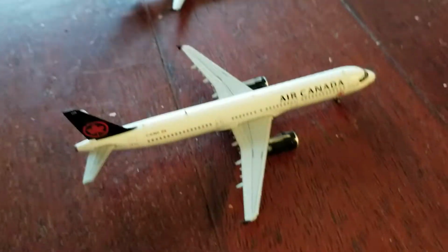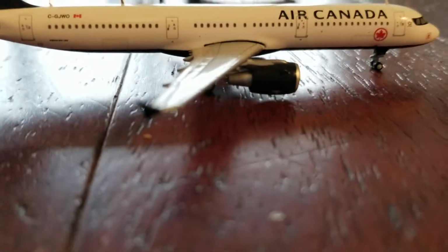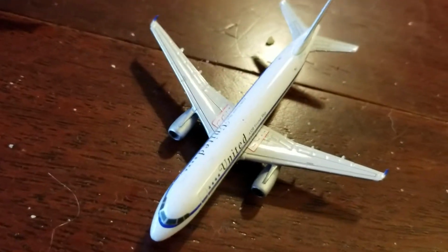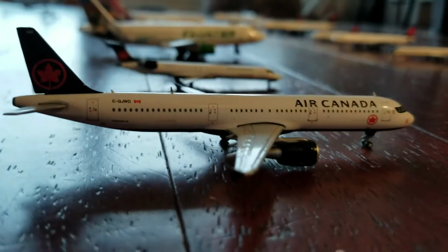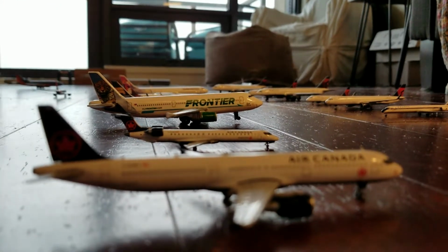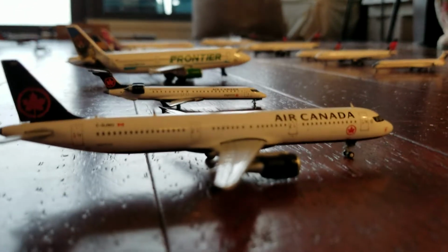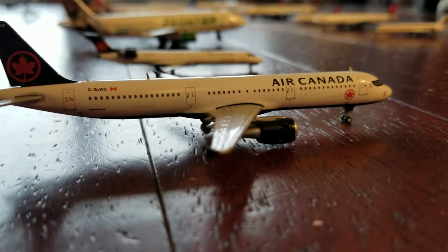Air Canada Airbus A321. I actually don't really know why these engines are so big. Like, it isn't really a Neo airplane. I can understand why this airplane's engines are really big, because it is a Neo airplane. And this airplane just has regular engines. So I just don't really understand that with the A320 narrow bodies, with the A321s. Sorry about that. So, Air Canada Airbus A321 just arrived in from